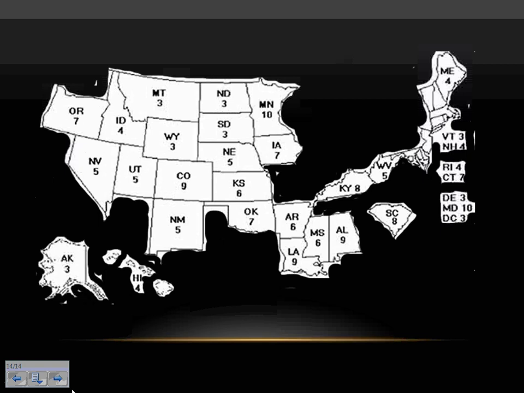So these are the smallest 30 states. Smallest 30 states. You can count up all these numbers. And it is less than 270. So it is quite possible to win